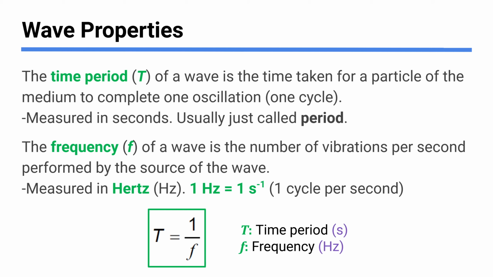So picture you have a rubber ducky in your bathtub and you're bouncing it up and down. Let's say you bounce it up and down 5 times per second. Well, then you're talking about a frequency of 5 hertz. And that means the period would be 1 over 5, a fifth of a second, the time for 1 cycle. If this helps, you can think of frequency as cycles per second and period as seconds per cycle. That's the idea of these two things being reciprocals.